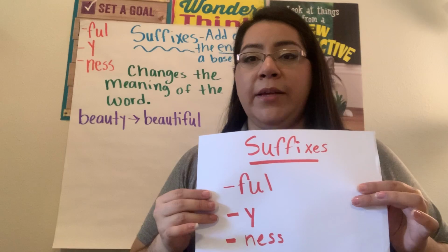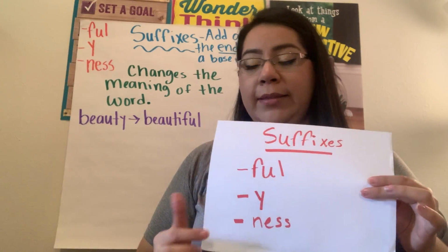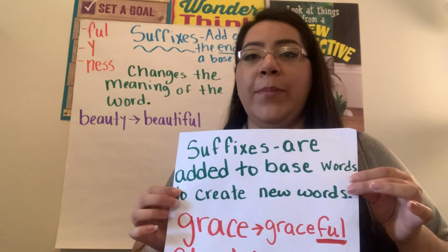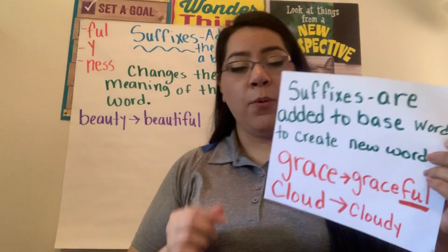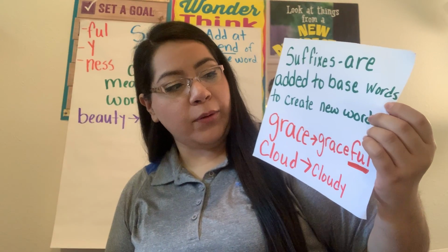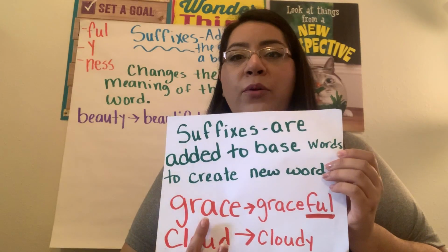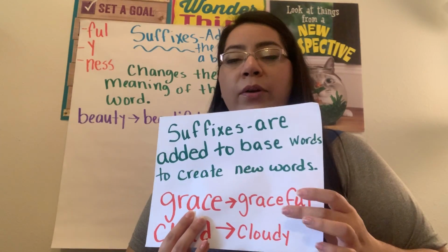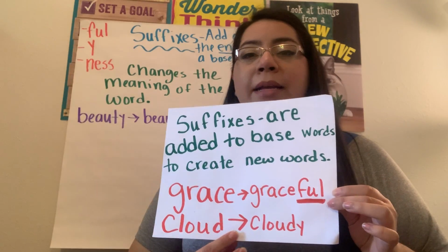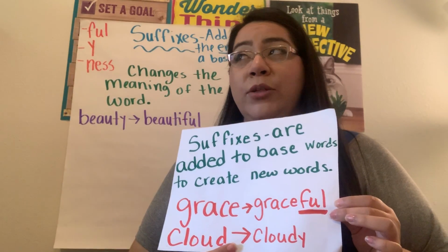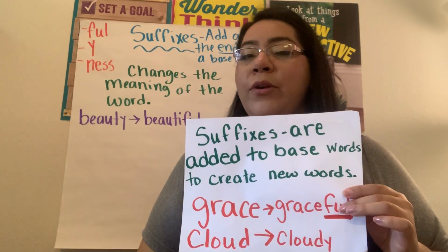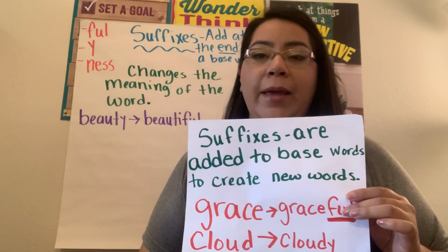Now, our suffix words full, y, and less. When we look at these words, there are certain things that are being added. Now, when we look at this little chart over here, they're added to base words that create new words. When you have a word like grace, you add full to it, now you have graceful. Then you have a word like cloud, you add y, cloudy. Usually that's the way you describe when it's kind of dark outside. Oh, you're not gonna say, oh, it's cloud outside. No, you can say it's cloudy outside. Okay, now